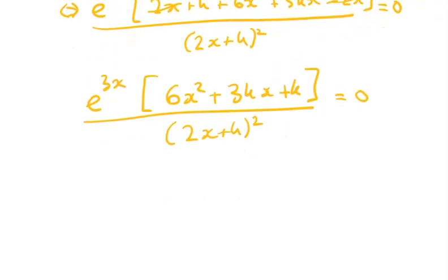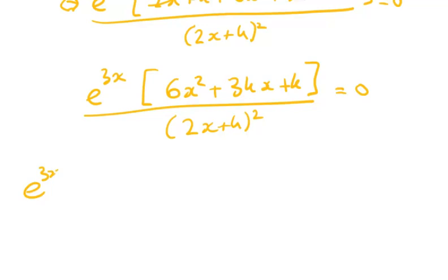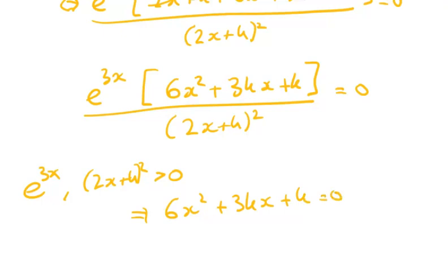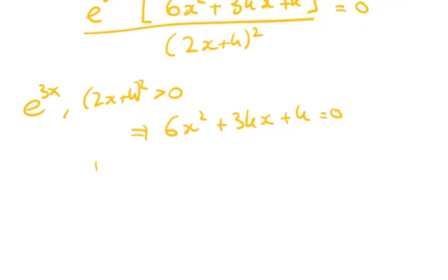So we know that e to the 3x and (2x plus k) squared must be greater than 0. So all we have to do here is to solve 6x squared plus 3kx plus k equals 0. So we're solving that, and for one solution,